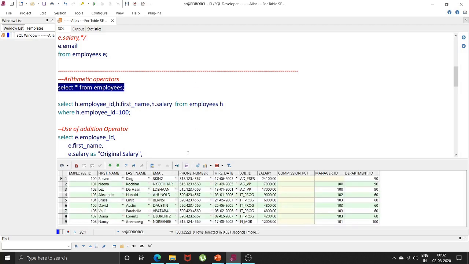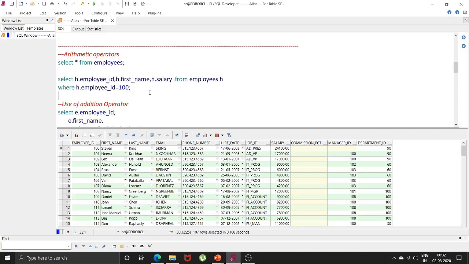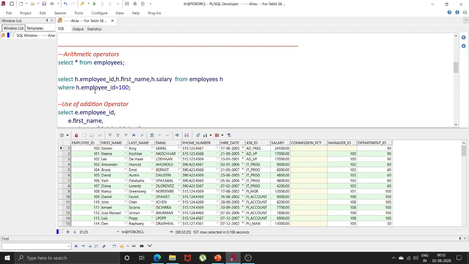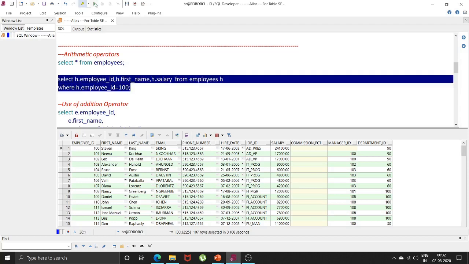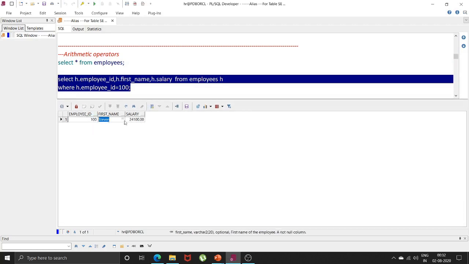If you see, I have the same number of records, 107 rows, in this employees table. Now I want to select only employee ID, first name and salary for the employee which has employee ID 100. I execute this, and now I am getting the employee ID, first name and salary of the employee with ID 100.